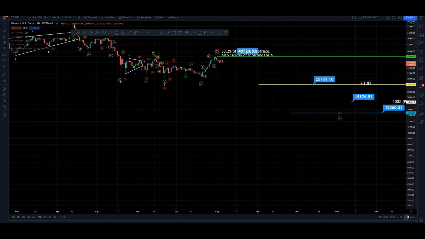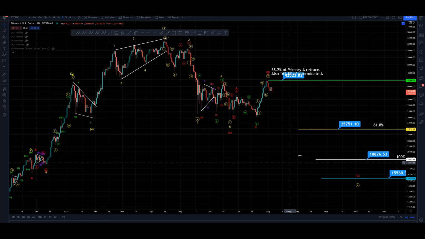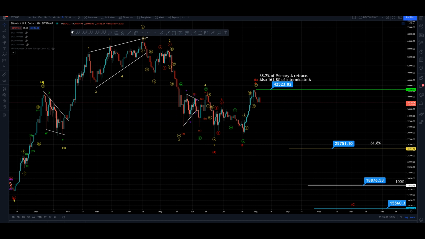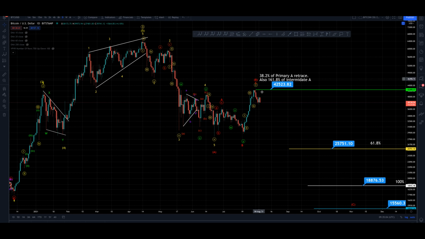So we're going to switch into log now for a minute and get a better look at this chart. So as part of an exercise, this is quite a shallow retracement, 38.2 in linear price, and that's raised a few question marks with some people saying, oh, that's very shallow for a zigzag. It is what we tend to see as the minimum retracement for a zigzag of a wave B before going lower. However, I would like to point out that if we look at this in log, we get a different